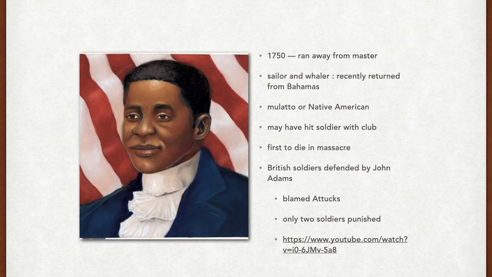The British soldiers who were accused of murder were defended by John Adams, our second president, who was a lawyer at the time. 2 of the soldiers were charged with manslaughter, but received brands on their thumbs rather than hanging, so the brand basically showed them as murderers. Adams called the crowd of colonists who taunted the soldiers a motley rabble of saucy boys, Negroes, and mulattoes, Irish Teagues, and outlandish Jactars. So basically called them a bunch of like hooligans.